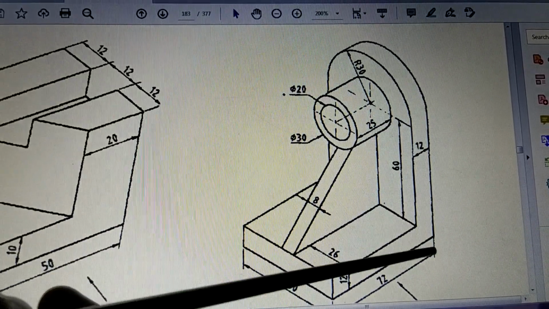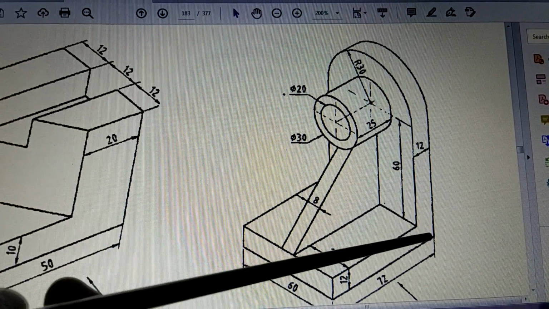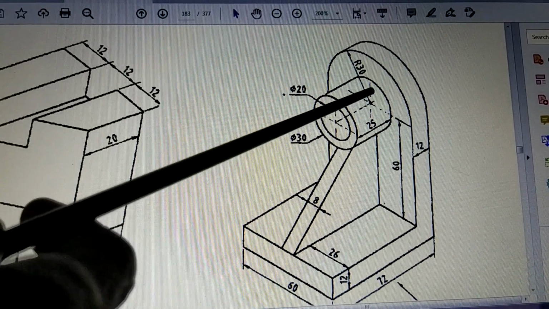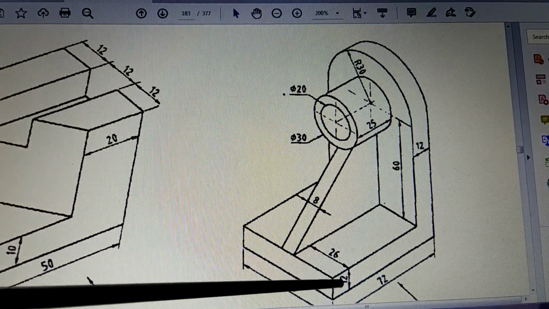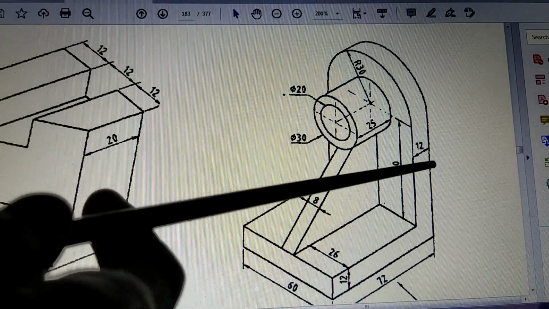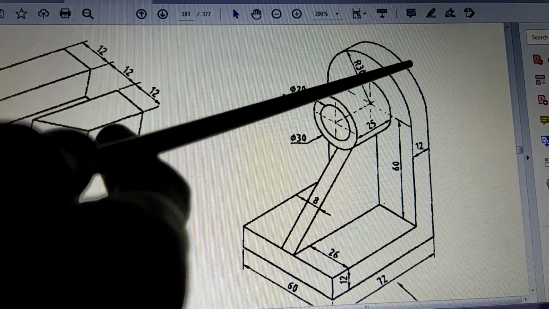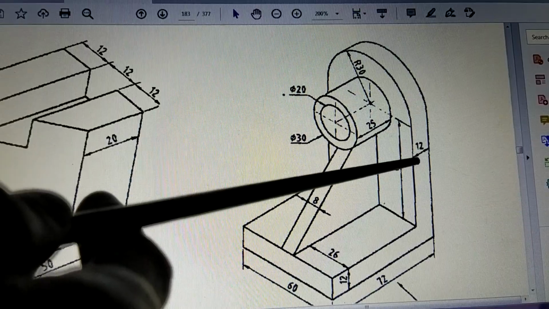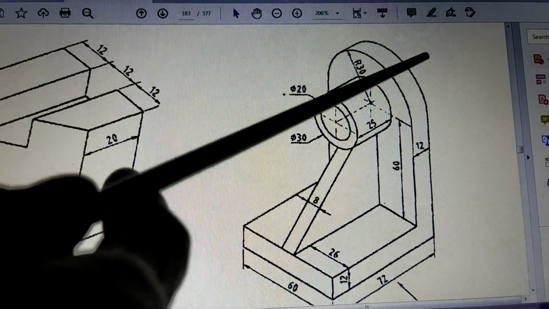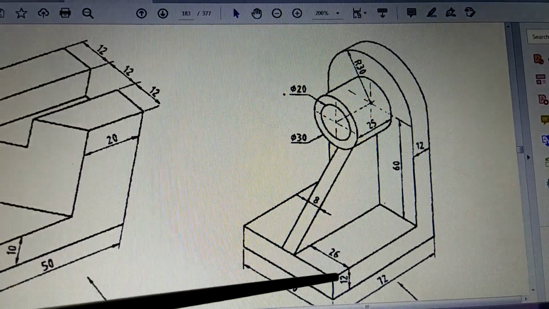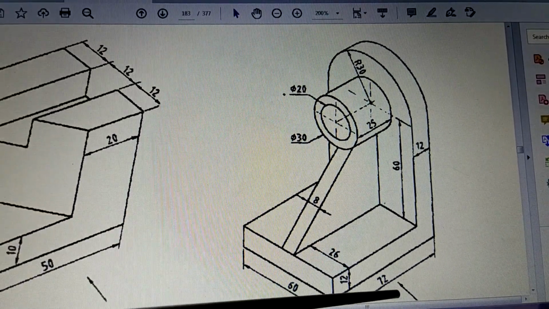So when you draw this rectangle, the height of this rectangle will be 12 plus 60 plus 30. So 60 plus 30 is 90, and 90 plus 12 is 102. So from this point you have to go up by 102, then come this way by 12, and then come down like this. That is the rectangle you are going to see in the front direction. So this is an L-shaped part you will be seeing from the front.